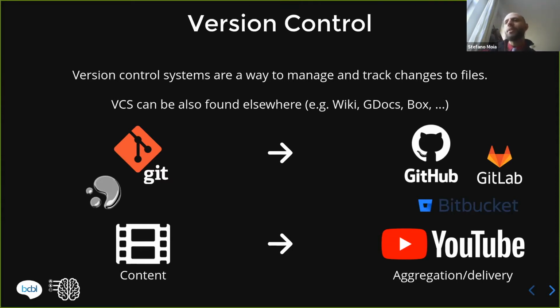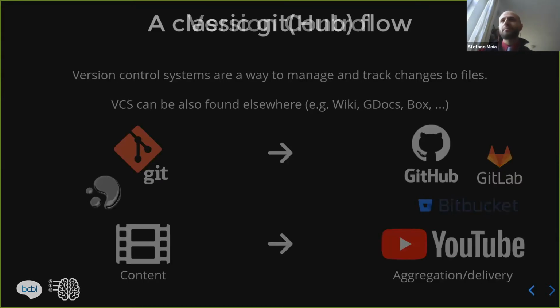For instance, if you check a page in Wikipedia and you check its history, that history is actually a version control system per se. Google Docs has a version control integrated nowadays, and other cloud-based systems like Box or Dropbox or Drive have version control systems as well. So it's not something only related to what we do during a brainhack. It's something that you can implement a bit everywhere.